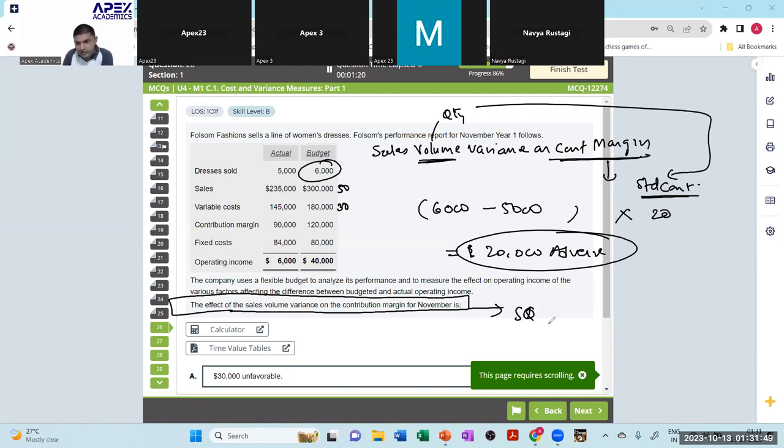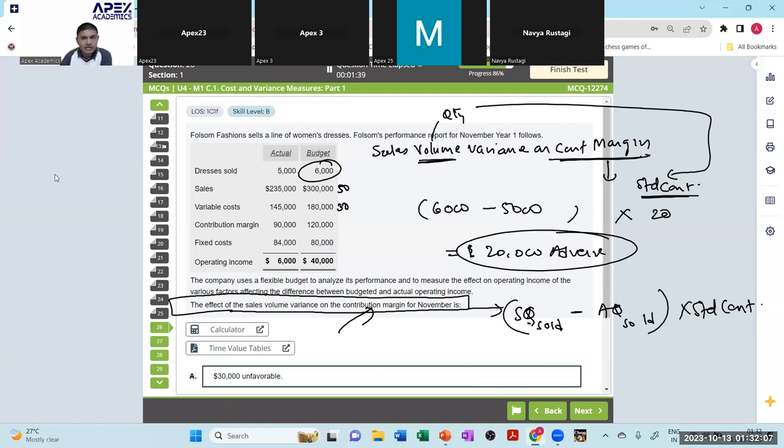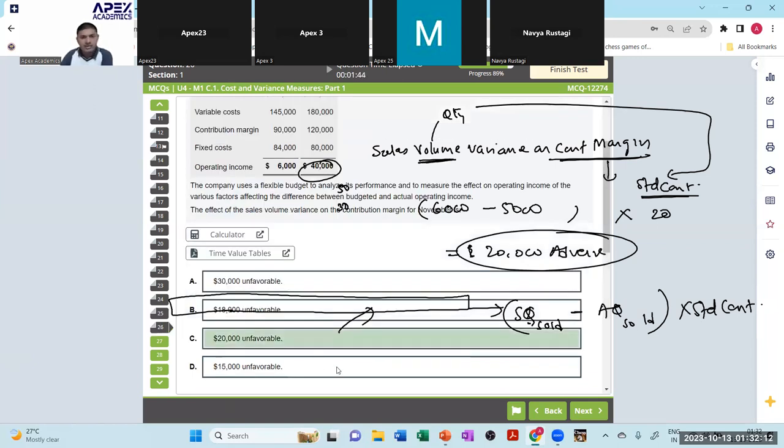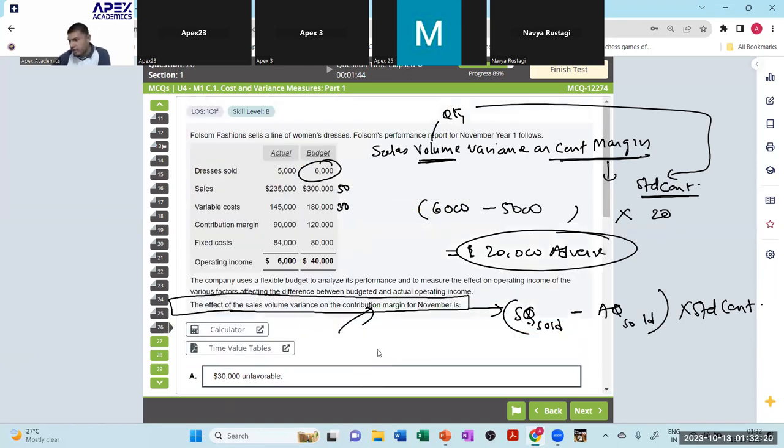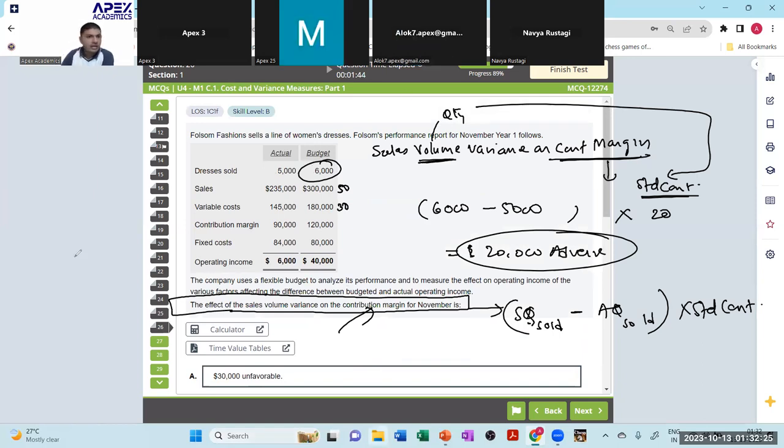सेल्स वॉल्यूम वेरिएंस ऑन कंट्रीब्यूशन का मतलब है स्टैंडर्ड क्वांटिटी सोल्ड कितनी होनी चाहिए माइनस एक्चुअल क्वांटिटी सोल्ड कितनी करके आए, और दे आर आस्किंग यू स्पेसिफिकली फॉर कंट्रीब्यूशन मार्जिन। तो इधर हमेशा स्टैंडर्ड कंट्रीब्यूशन ही लिया जाएगा क्योंकि ये क्वांटिटी का है। और इसका आंसर आएगा 20,000 एडवर्स। बात समझ में आई, आर यू विथ मी ऑन दैट? चलिए स्क्रीनशॉट ले लीजिए। ठीक है सर। ले लिया बेटा? यस सर।